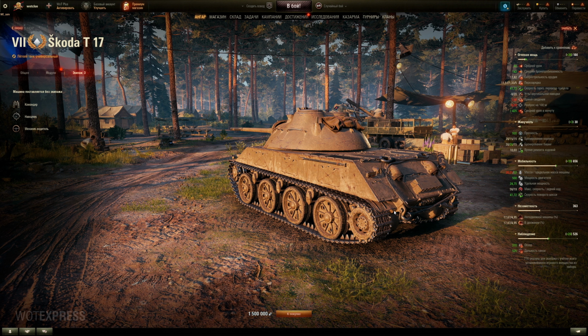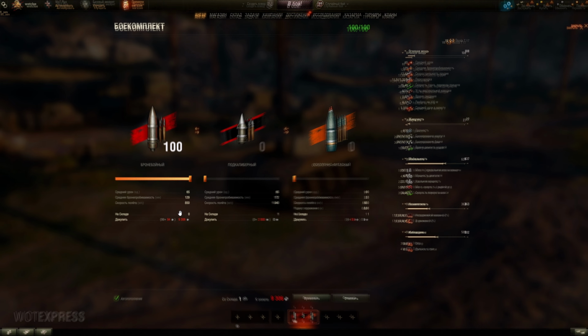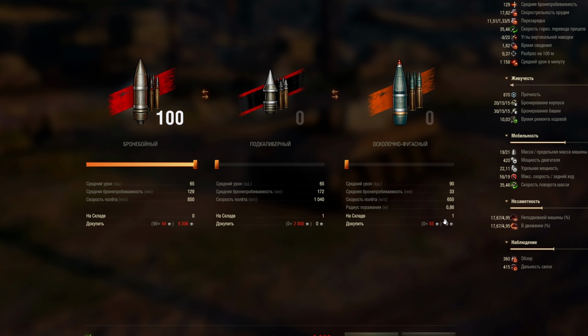You have the burst damage against single targets, right? Assassin vehicles, even though DPM is not that great. But this is the stock gun with the 100 rounds. It's only 130 millimeters of penetration for the stock 66 millimeter. So, yeah. I mean, you're only spotting. You don't need to use the gun, but